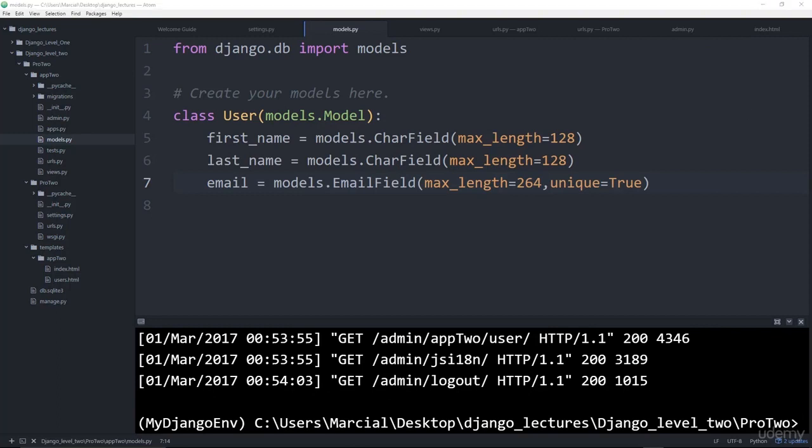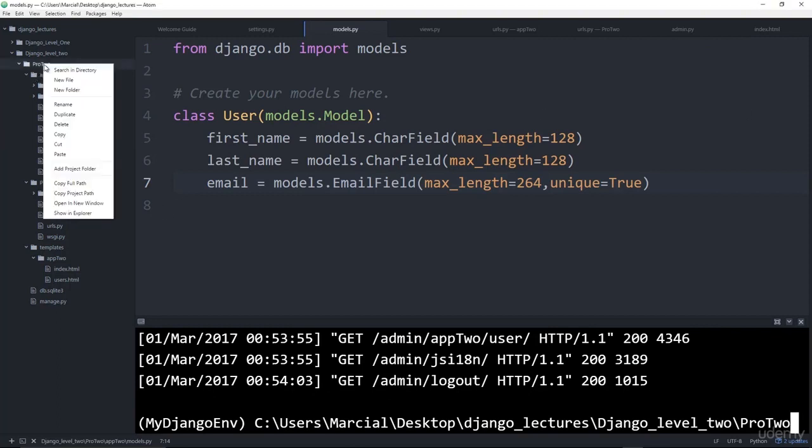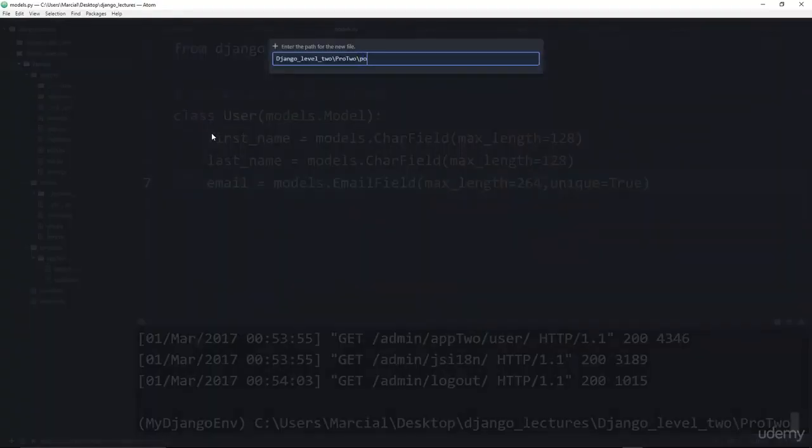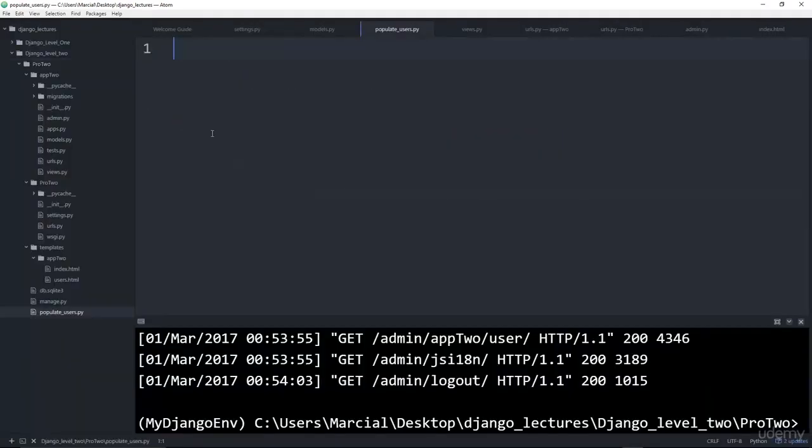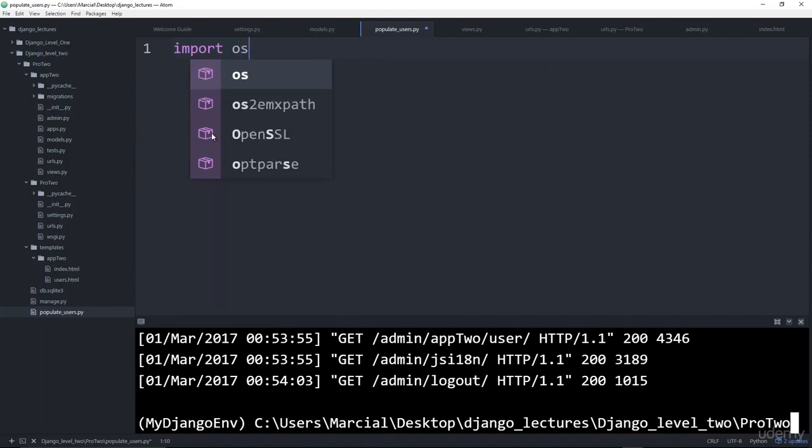So what I'm going to do is under pro2, I'll create a population script. I'm going to create a new file and we will call it populate_users.py. And there's a couple things we need to do first. First, I need to import os here. And then I need to configure the settings for this project. So I need to say